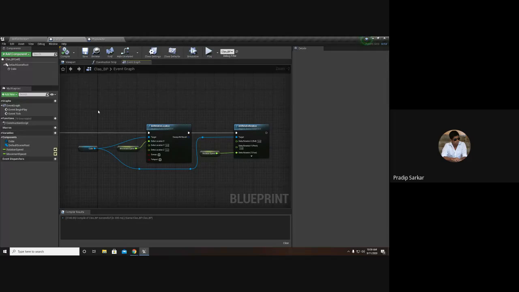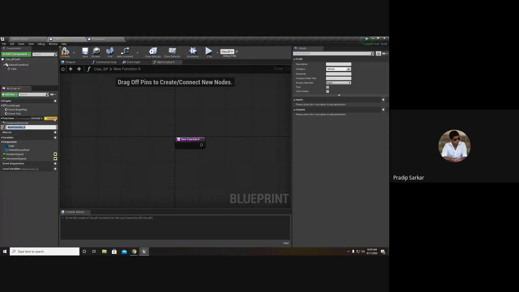Next, we'll see how to create a function. In the My Blueprint section, we have a function section. In this function, we have a small plus icon. If I click on the plus icon, we can create a new function.